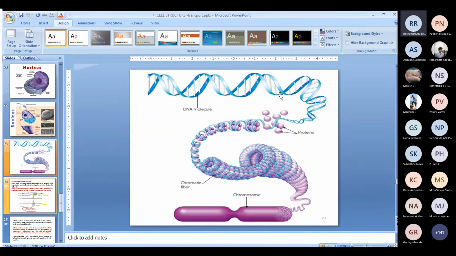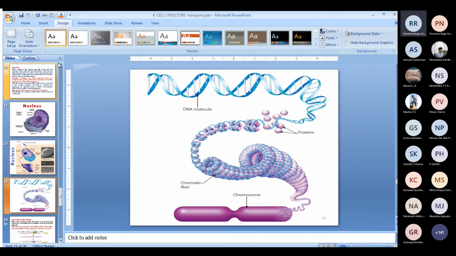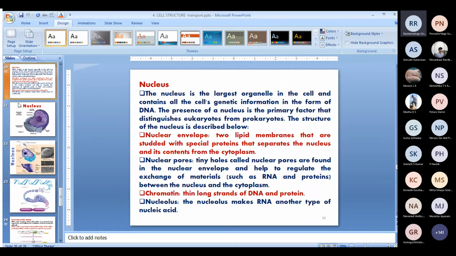See here, so many terminologies will be there, no? DNA, gene, protein, chromatin fiber, chromosome. Then apart from that, you have one more term called chromatid also. Do you know the difference between them? Hopefully, I don't know whether you know or not, but later let me tell you all those things. Okay, yeah, so now DNA, deoxyribonucleic acid, I will tell you about all those things in future